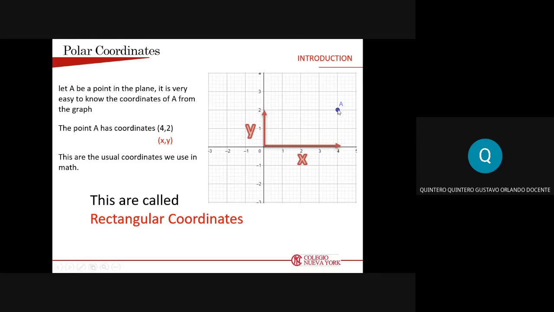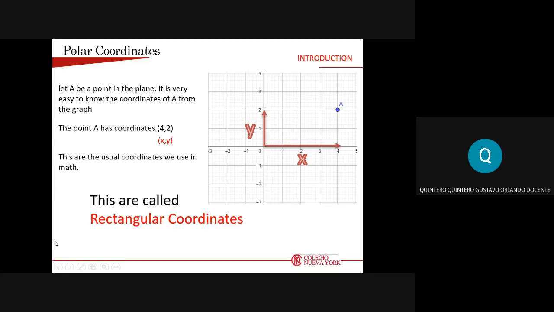Simple. Because if you look at the point with the 0, 0, you can kind of describe a rectangle, right? And that happens to every single point in the plane. So that is why these are called rectangular coordinates. But